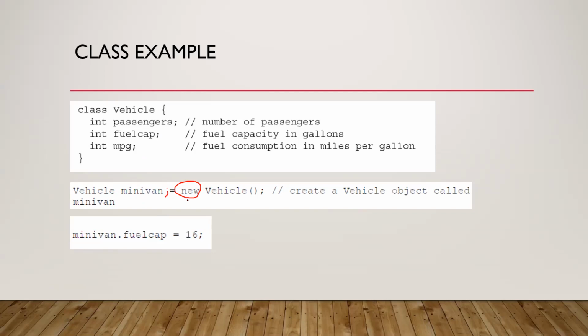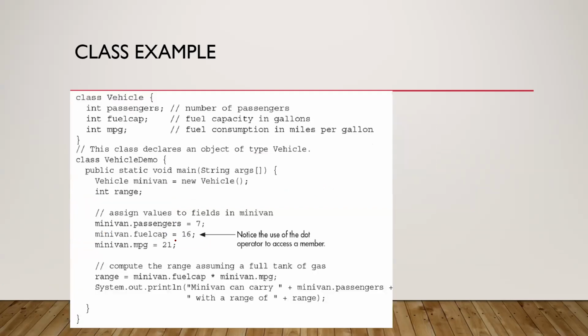And how can you access these particular variables? You can access them using dot notation. So the name of the class, or sorry, the name of the object, then you give a dot and the name of the variable. So this is how you can access it. And today we are going to go into more details of this new operator. And this is an example where we have shown how this particular class is going to be utilized by the main method.